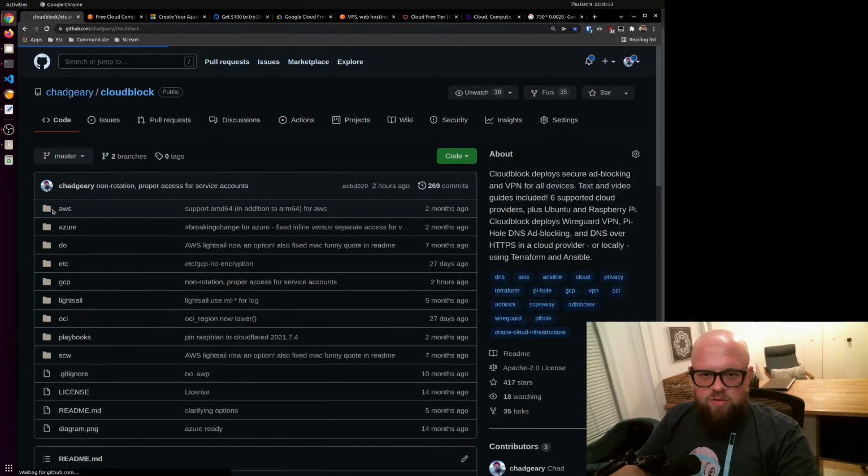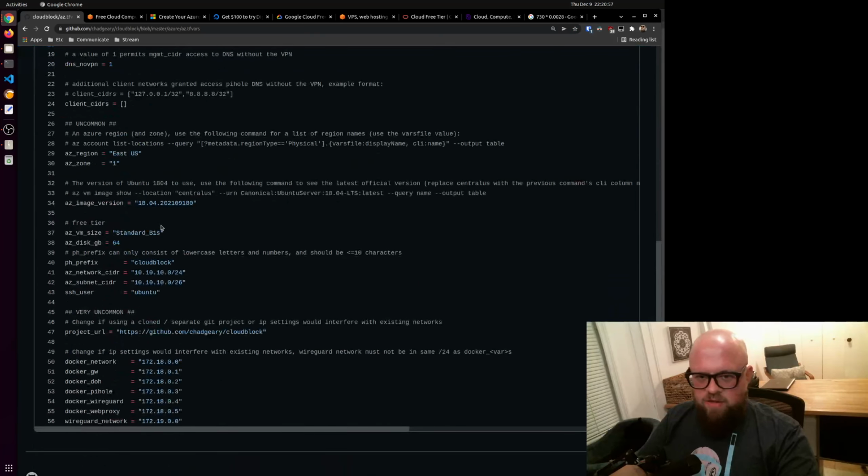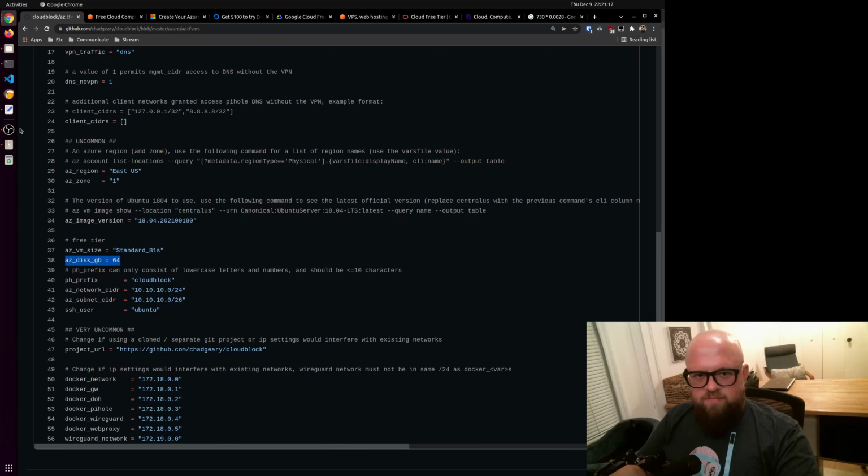If we go to Azure and that vars file where we saw the B1S, which is what you get for free, you'll also notice you get a disk. It's 64 gigs. That's the amount that you get from Azure during your 12-month free trial. So for the most part, if you stick with the defaults, you're sticking with whatever the free trial is that they offer, things are going to look good.